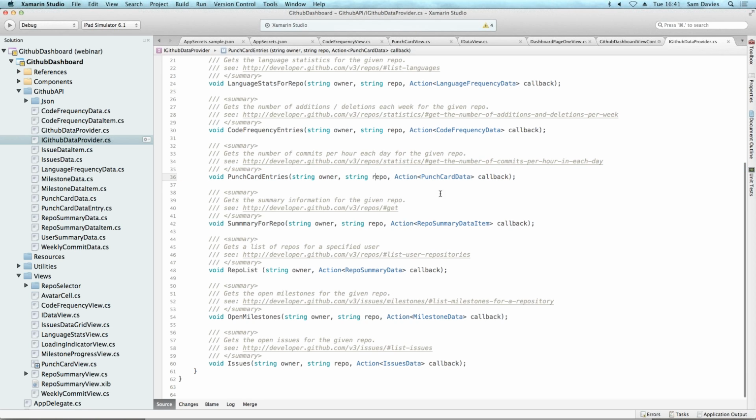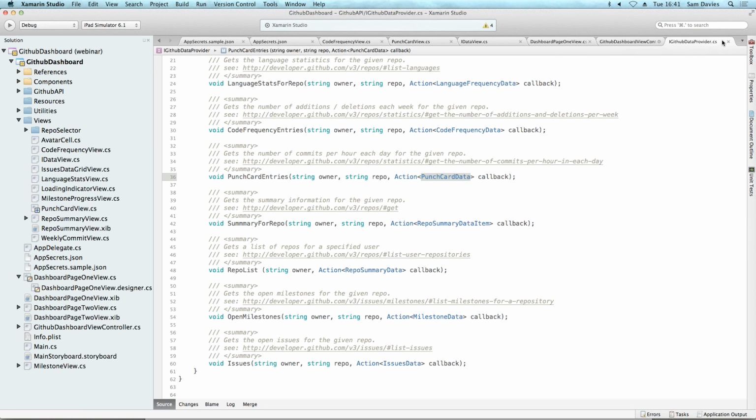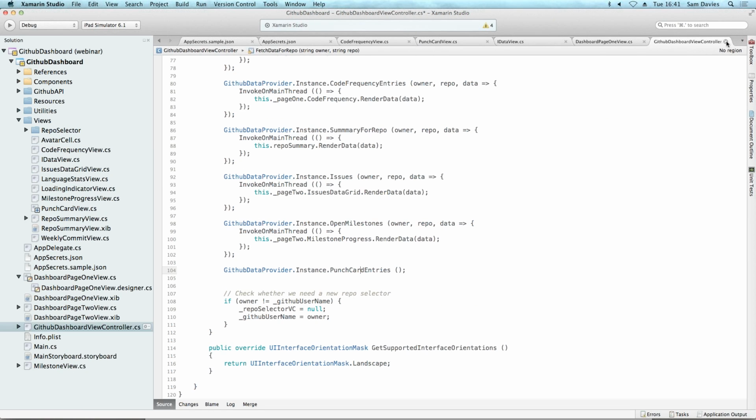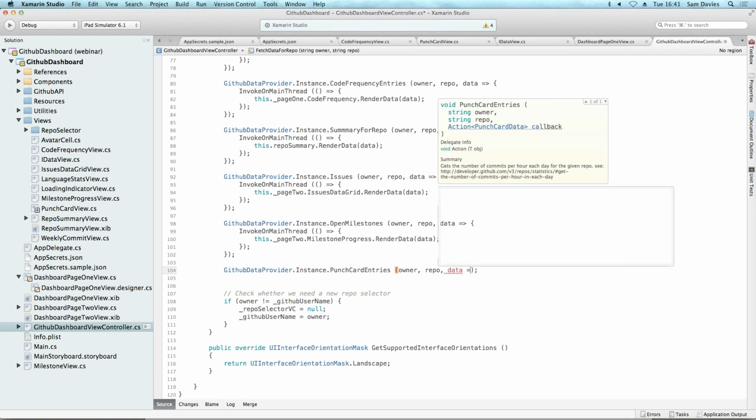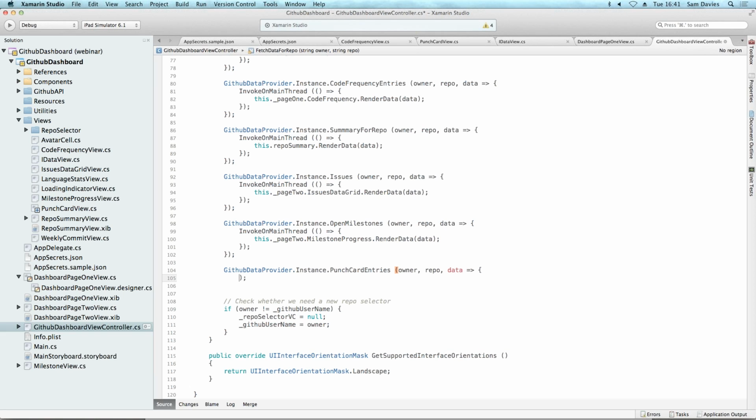It takes the owner of the repo, the name of the repo, and then it has a callback for when it's got its data and it returns this punch card data. So that's the stuff that's all hidden inside this GitHub API layer. That's mainly done through the magic of REST chart. So we're going to call that, and we're going to pass it the owner, and the repo,